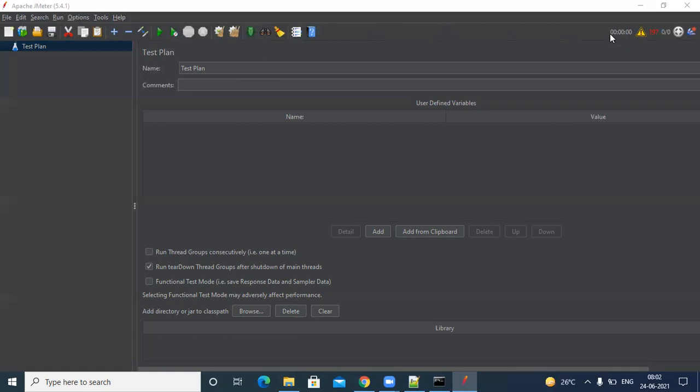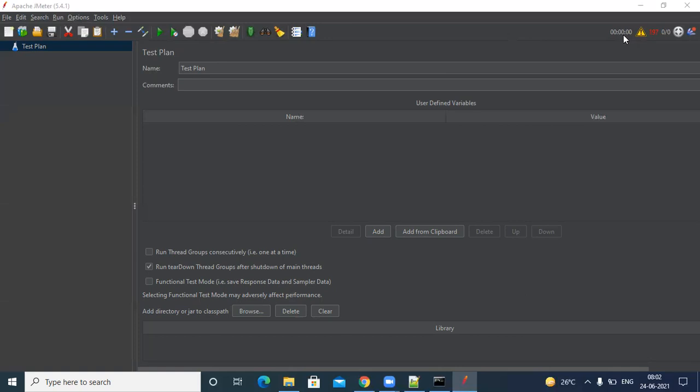And this is where it displays elapsed time. Elapsed time means our script running time. When you click on the run button, the time will start, and when it stops, the time will stop. This we call script execution time, not response time. Suppose it says 10 seconds, the script is completed in 10 seconds. Your script, suppose you have 100 endpoints, so 100 endpoints were completed in 10 seconds, but it's not response time, it's only elapsed time.